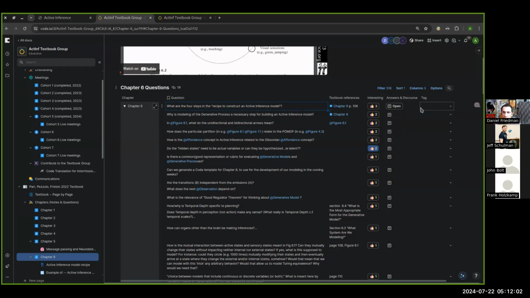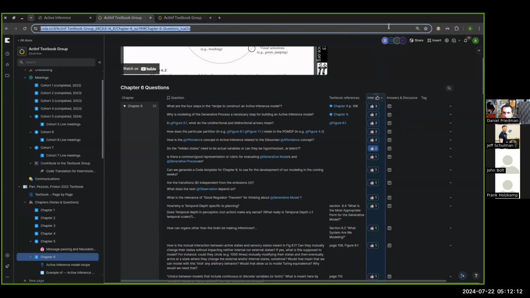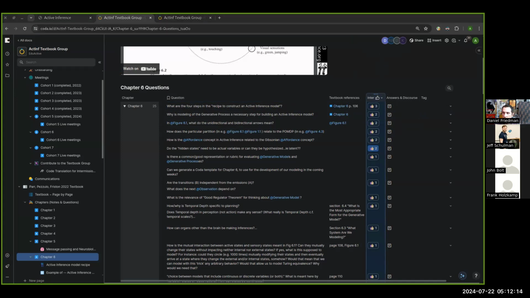We'll just go to the questions that have been sorted by the thumbs up. You can click on the symbol to follow wherever a person is in Coda, and I'm putting it in the chat as well. So if you want to, you can hit thumbs up for the questions that are interesting, or again, just type it or raise your hand.